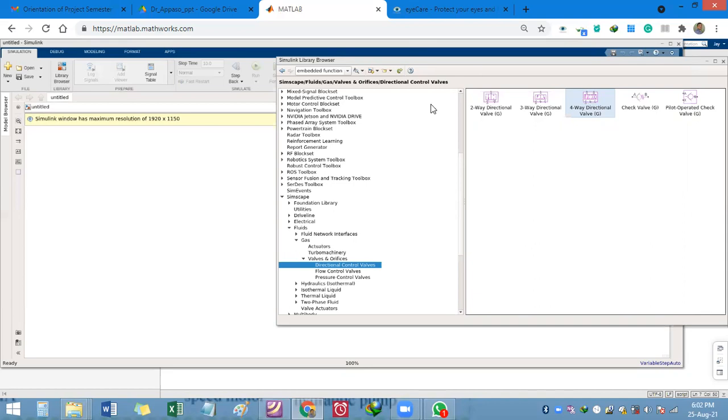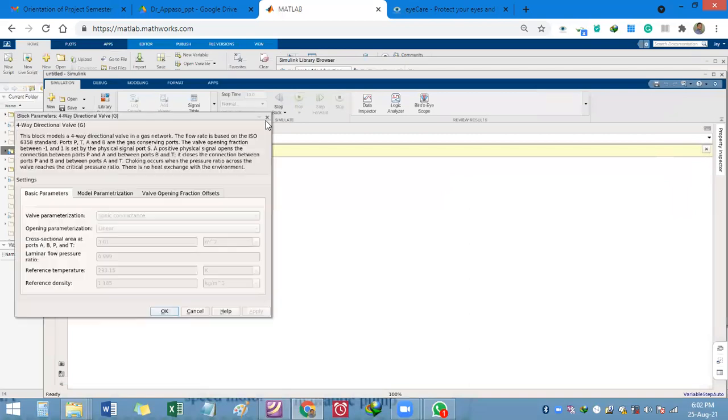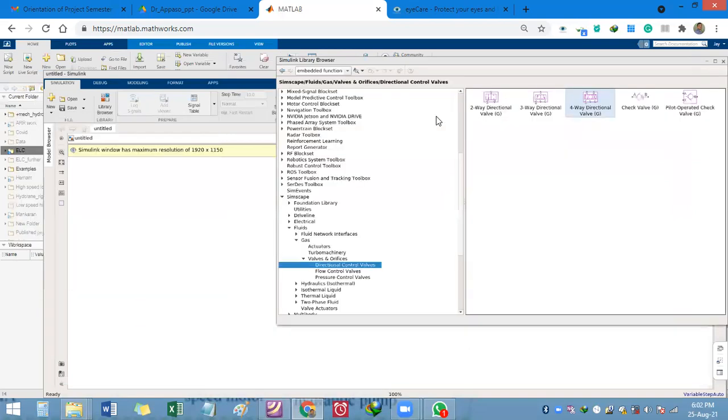Or just press right click, and after right clicking we will get the first option, Add block to the model untitled.